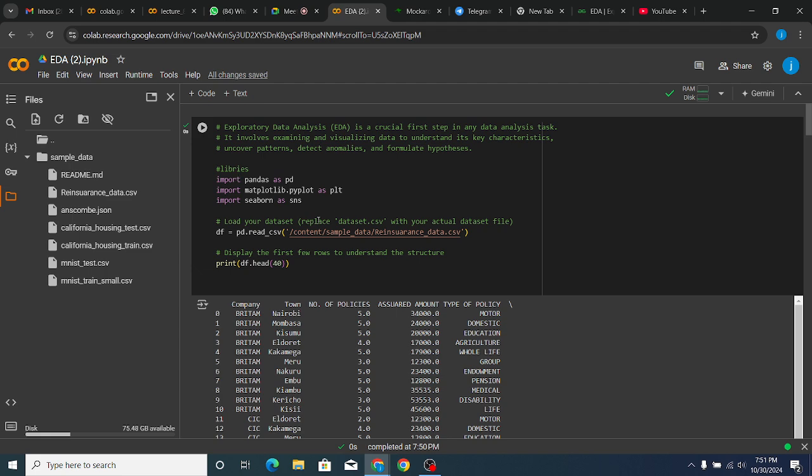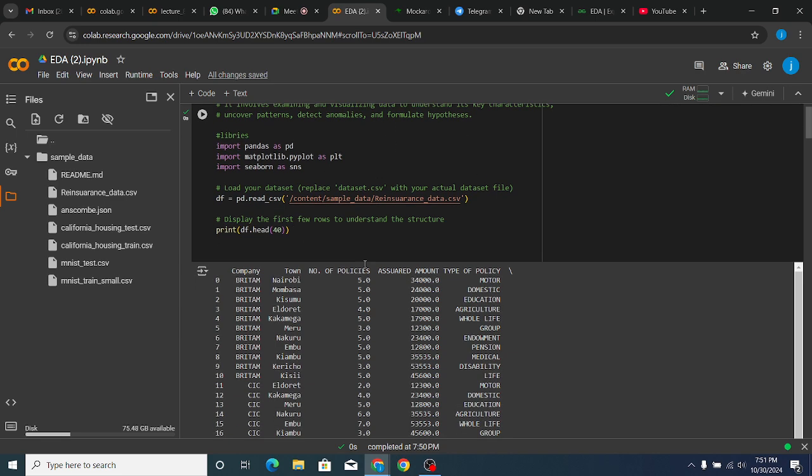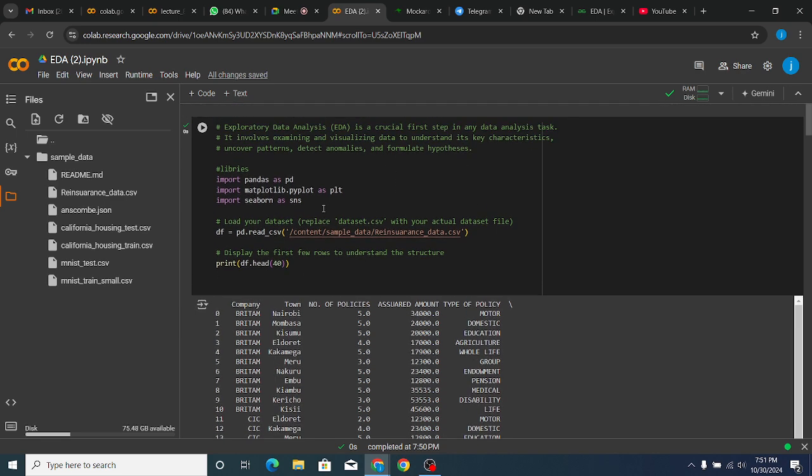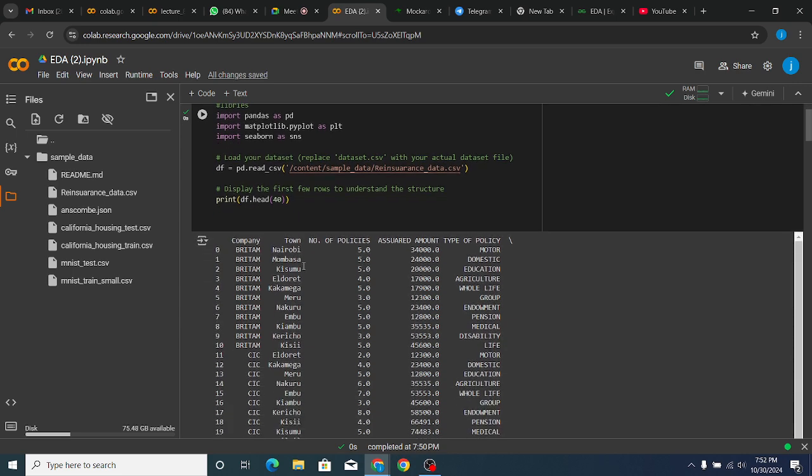If your imports and loading of your data set are in one cell, and you run that cell, it means that these libraries are now imported